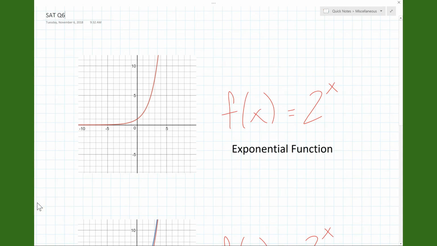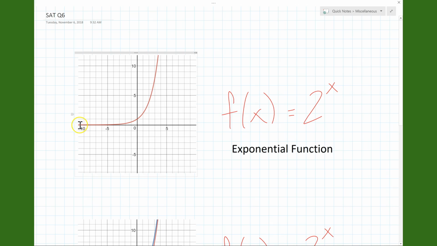For this problem, we first need to know what the graph of a basic exponential function looks like. Please remember that the exponential function is when you have a number as a base, in this case 2, raised to the power of x. Now, the main feature of an exponential function is that it crosses the point (0, 1),